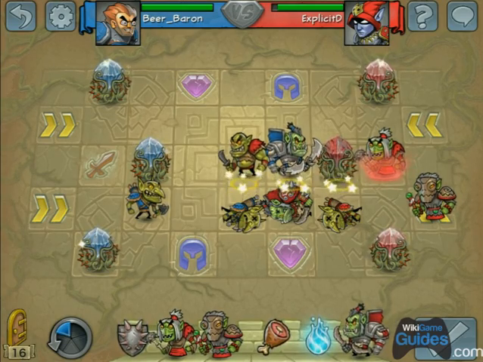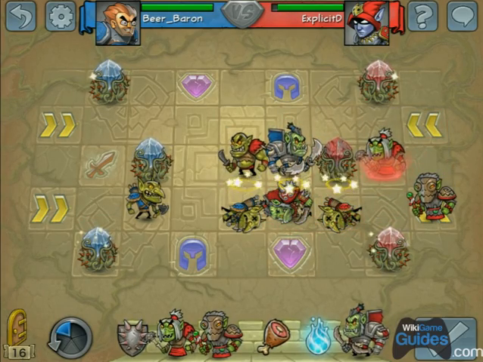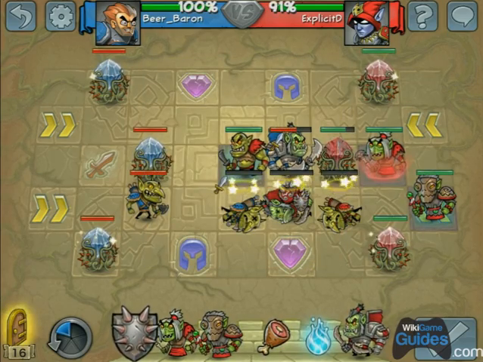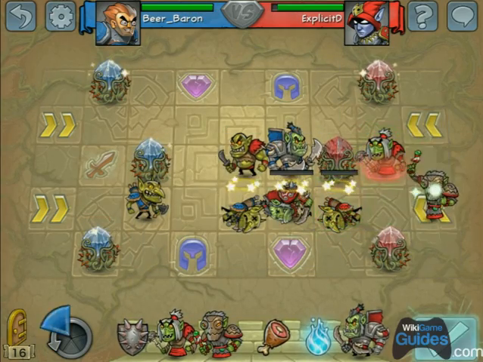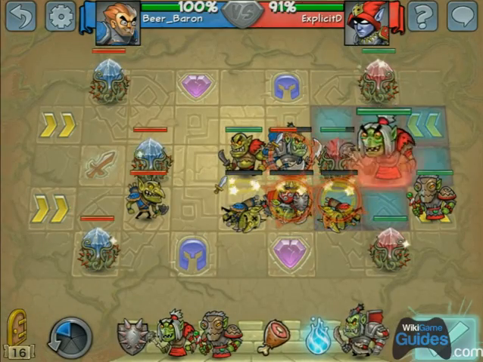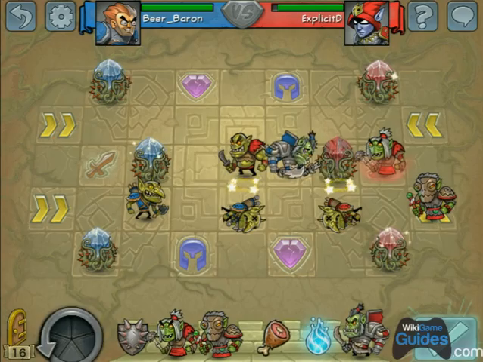Mm-hmm. So I would recommend giving the sword to the witch just because she has the greatest range of everybody. And then this guy, the chieftain, definitely give him the armor, the spike armor, because he has the most health. Right. And it gives a 10% health boost too, but that's not very much. Yeah, you can explode your own units if you want to, but...